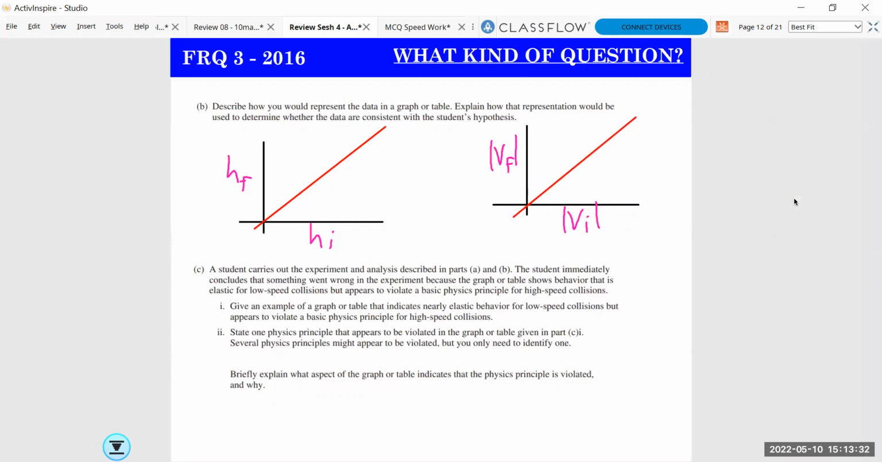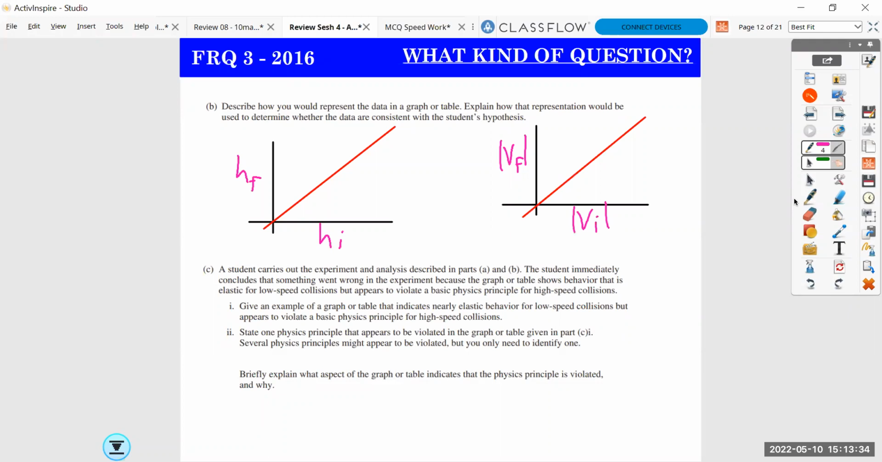And so you're going to want to maybe sketch the graph or explain. And what would you expect to see? Well, if the data are perfect, right? If the ball is perfectly elastic, it should stick on that line, right? My final height should be equal to my initial height. If the ball is not, in fact, perfectly elastic, as the student suspects, we would expect that this graph would curve